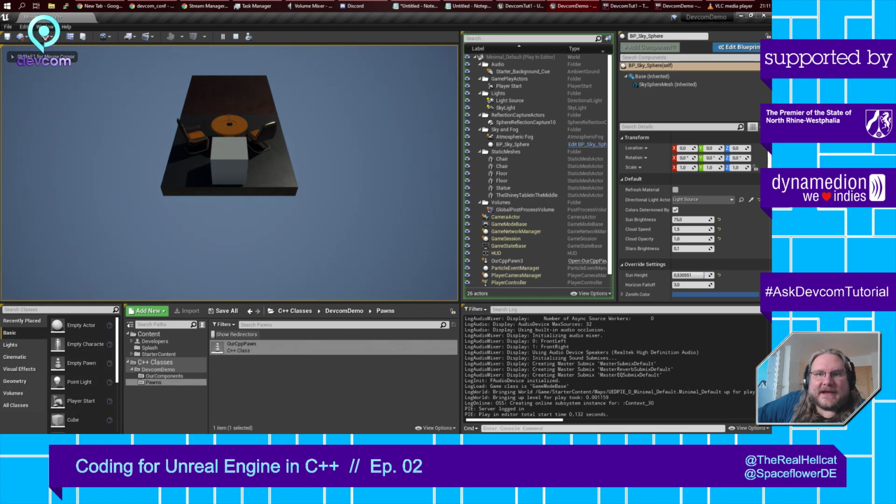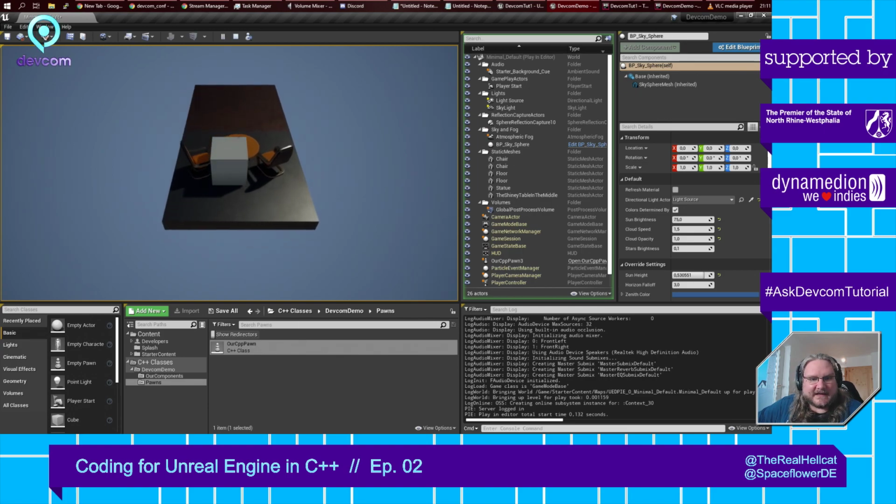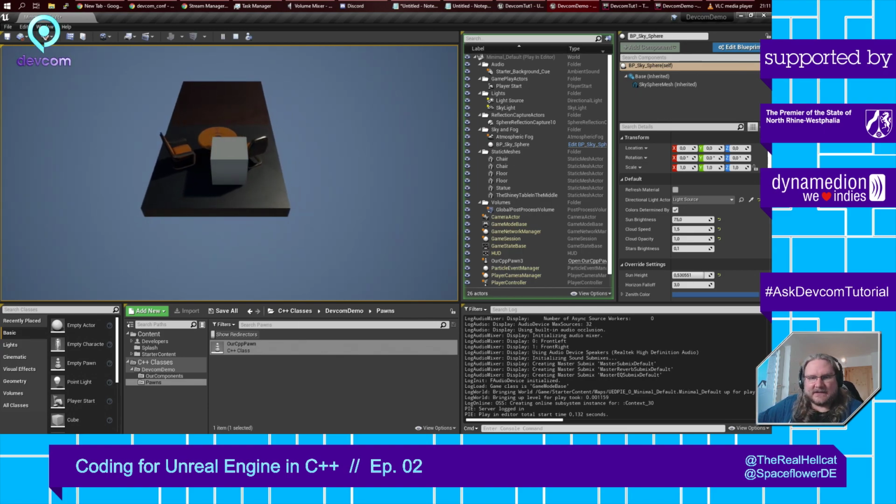And look at that. There we have our nice little cube. And when I now hit my keys on the keyboard, it's moving and it's kind of slow. But we can change that because we made this